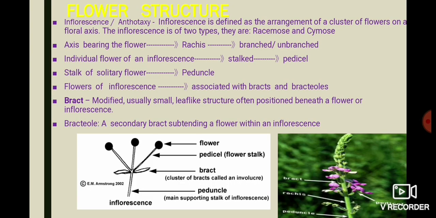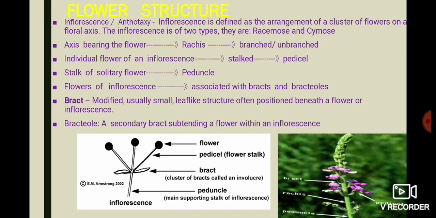Now you need to know a little bit about flower structure. This is also a portion which you have already done, so I'm just giving you a brief idea about this portion. First of all, a flower is a modified reproductive shoot, and therefore it helps you in reproduction. It consists of a condensed axis, which is known as the thalamus, and on the thalamus there are four sets of floral leaves. The floral leaves are arranged on the thalamus in an orderly manner.